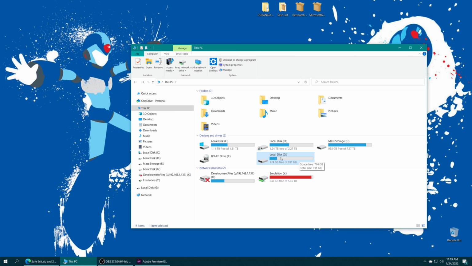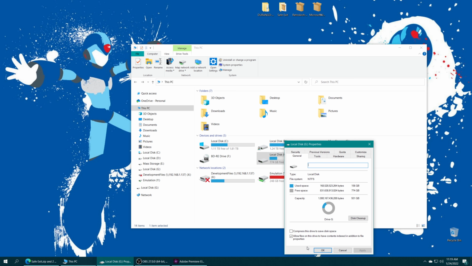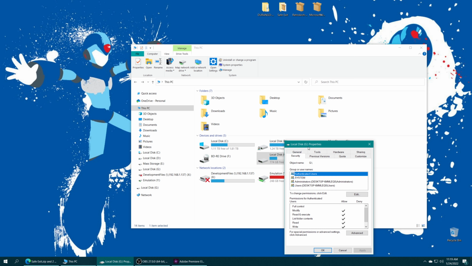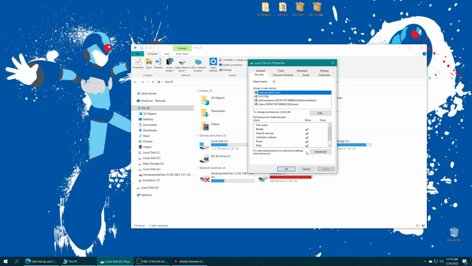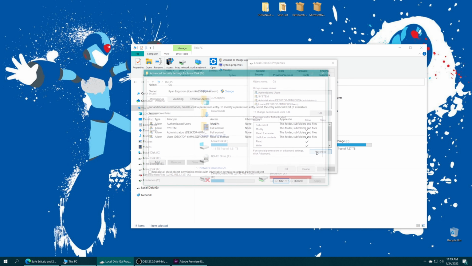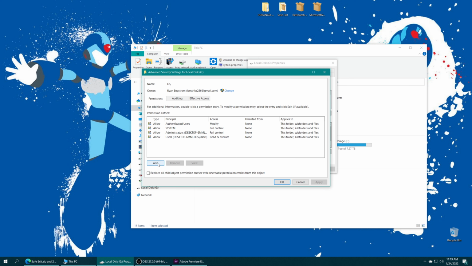Again, these steps are specific to Windows users. I don't know how to do this on a Mac or a Linux, so can't help you with that, unfortunately. But Windows users, right-click on your drive, go to Properties, click on the Security tab here, and we're going to click on this Advanced button here. We're going to click on Add,